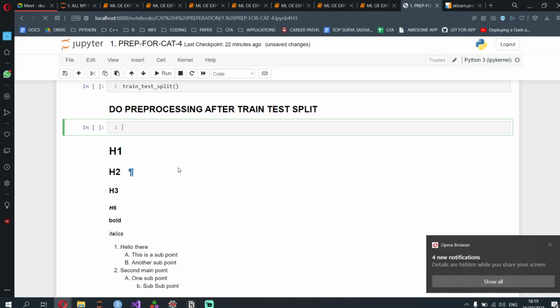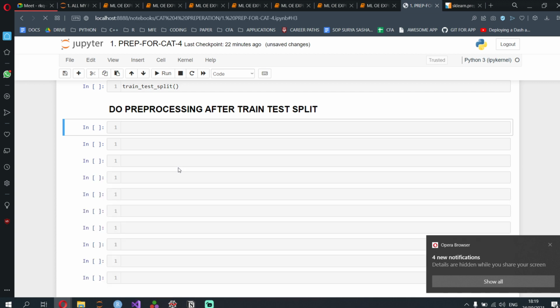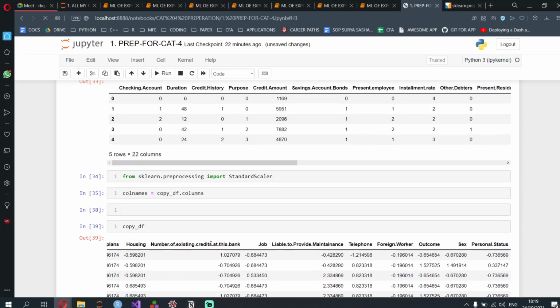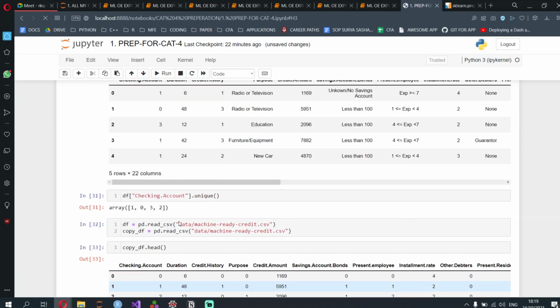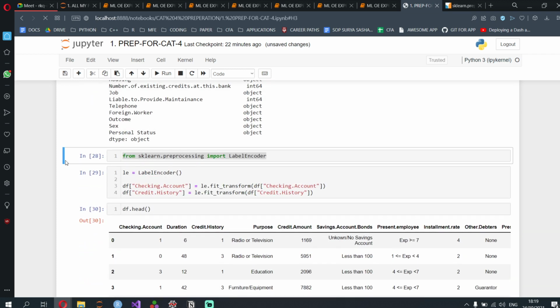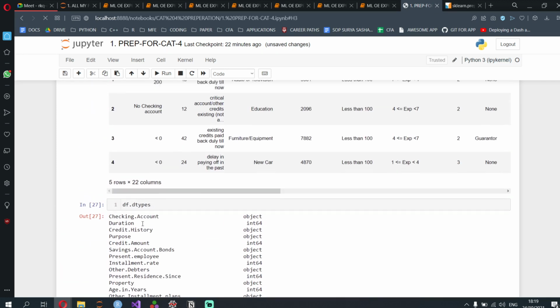This is one thing I really should have mentioned: do your pre-processing after you split it into train and test.